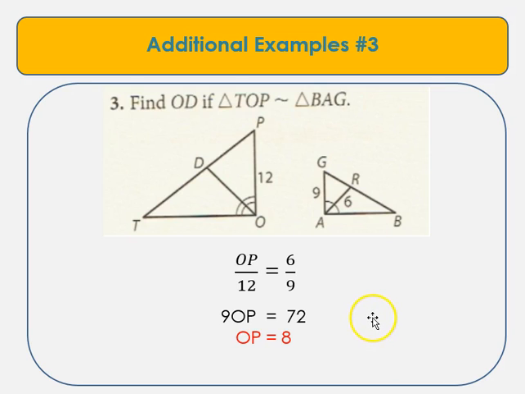And the last example. Find OD if triangle TOP is similar to triangle BAG. Now this one is about angle bisectors, so that was the 11.5.1c. And it's a little difficult to see these. I would redraw them and put O up on the top and A up on the top, and A will actually have to be flipped. But comparing them, we have OP, this side length,